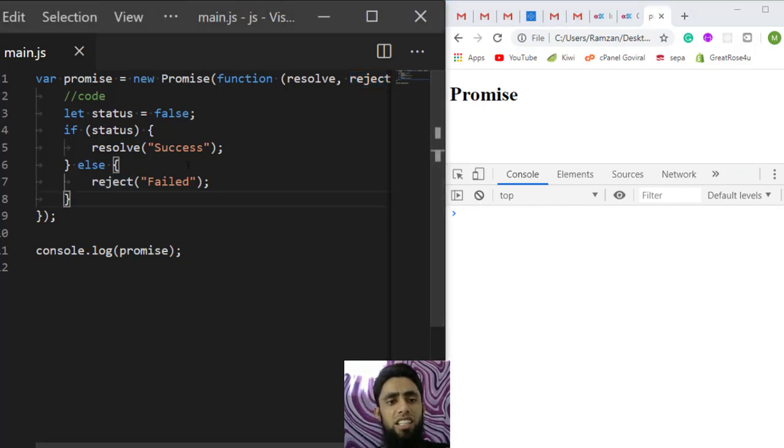All right, so this is the way to use the promise. This was the example of creating the promise and seeing how the promise gets resolved and rejected. In the coming video, I will show you how we can use the then and catch functions to handle the promise. Those are really important aspects where we actually use the promise for handling. Currently we have just called this, but how we will actually use it in our projects, I will explain in the next video. So keep watching the video.